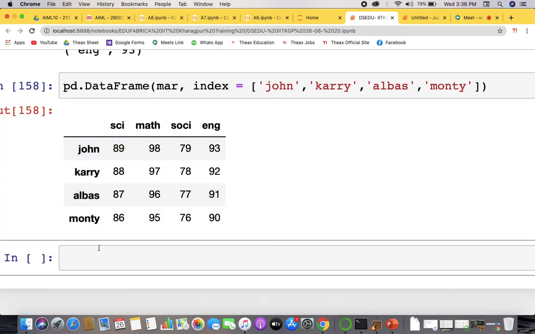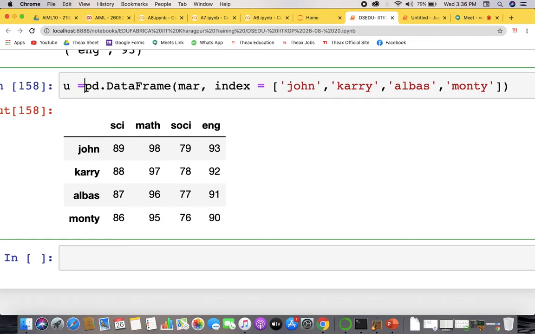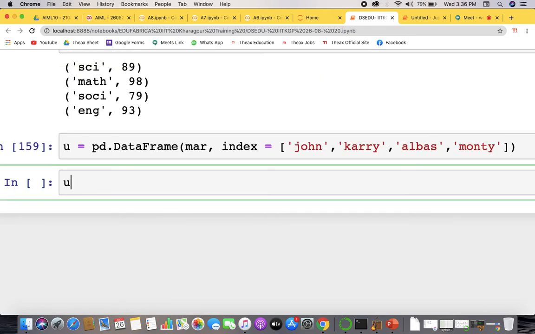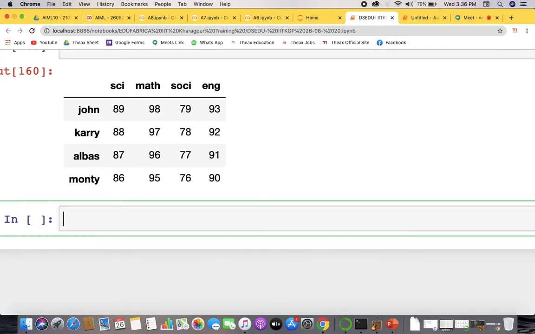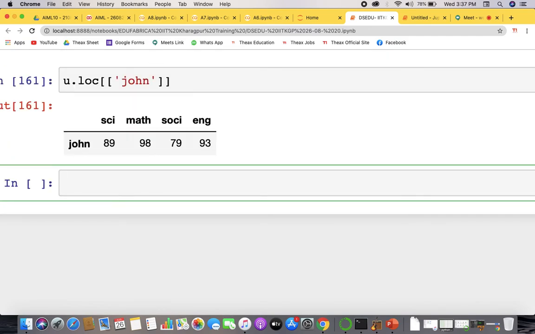Now from here you find things like this. You will be doing all these, pandas will be started later, right? I'm just giving a view of what you can do with the dictionary. So you made this, and then you can find what the marks of John are. If you have a lot of data and you want to see the marks of John, he has got 89 in science, mathematics 98, and such things.